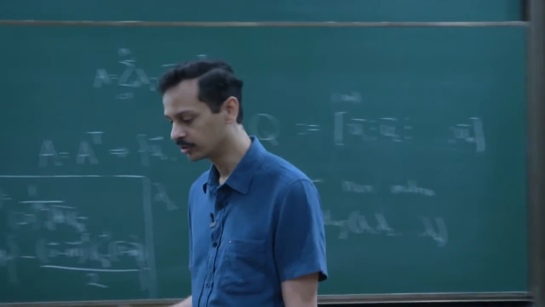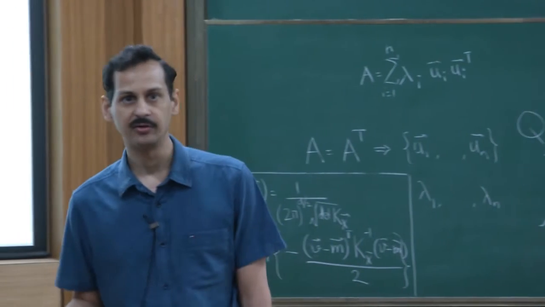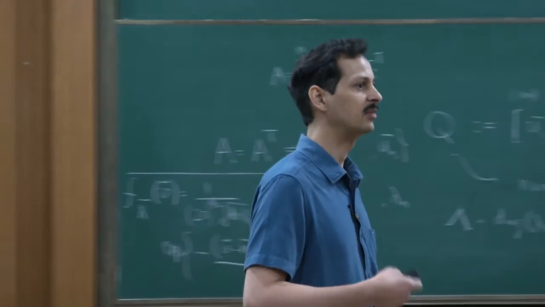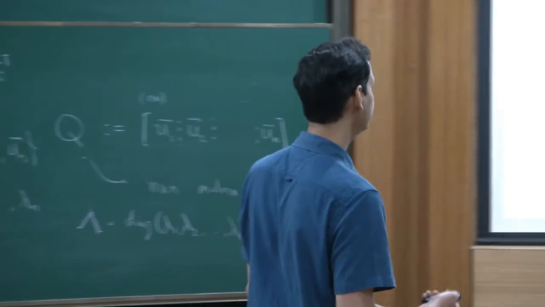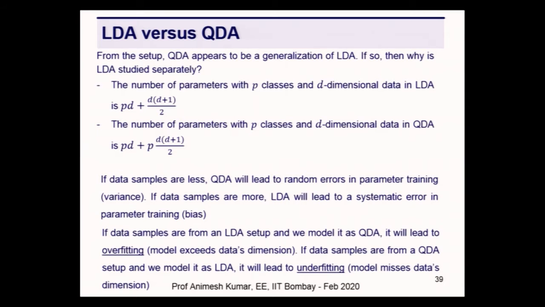And if my likelihood computation itself is inaccurate, then my prediction will be further inaccurate, right? So all this is to say that if we have less data samples, then QDA will lead to lots of random errors in the parameter training itself, which is often,